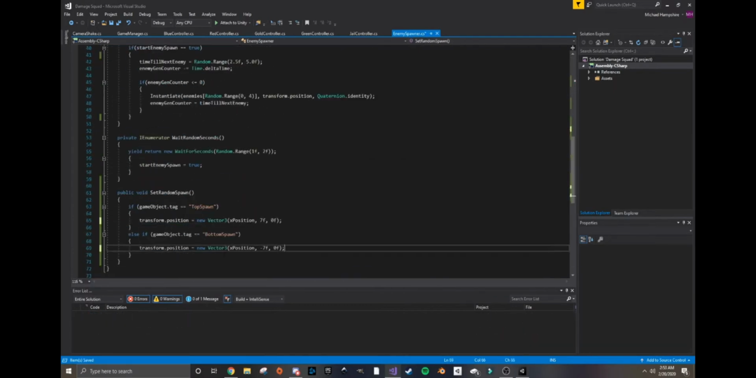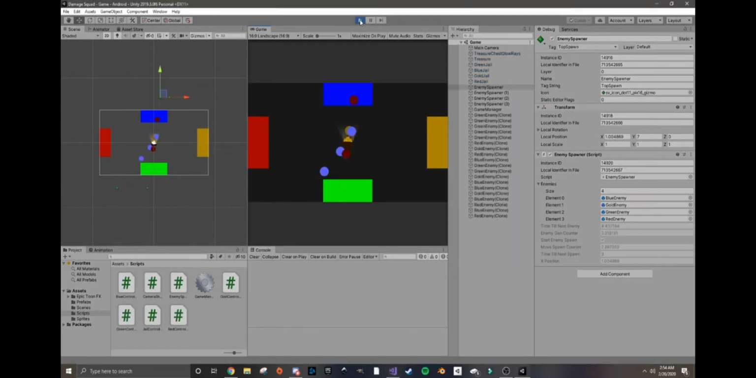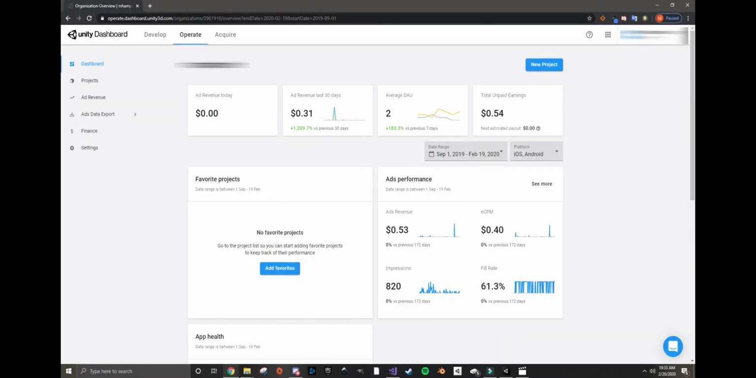And so today I wanted to show you guys my statistics on my two games, Llama Leap and Ladder, and I'll have links to those games in the description as well if you're interested in checking those out. But yeah, so here on my Unity dashboard page,